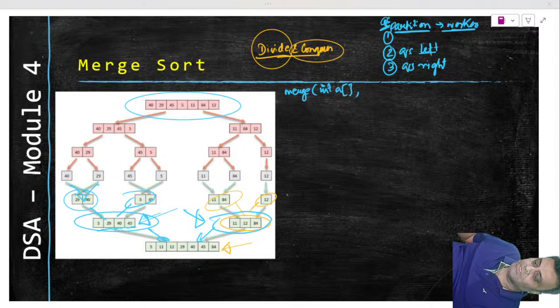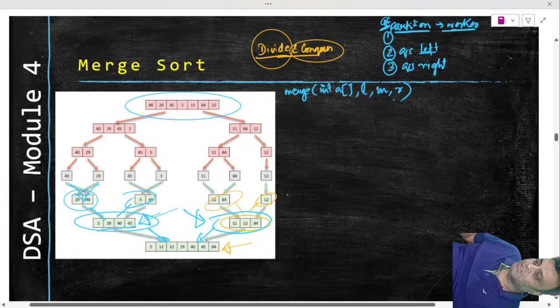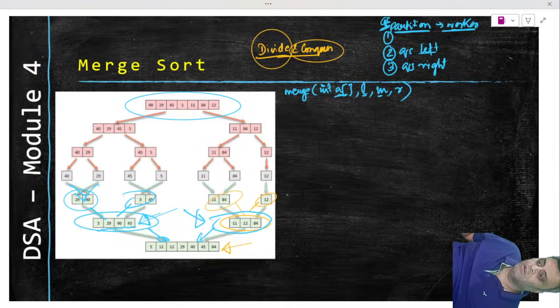So what we will have to give is, what is my left pointer, what is my middle pointer, what is my right pointer. Now with this, I can break down this array from the left pointer to the middle pointer, and from the middle plus one pointer to the right pointer. So that is how I can establish two arrays from these set of pointers. So A can be divided with the lower bound as L, upper bound as R, and in between at M we are going to divide A, right? So these are the integers that we will take as our parameters to the merge function.